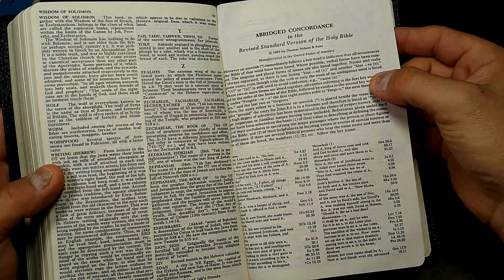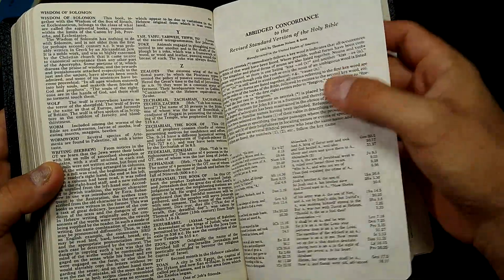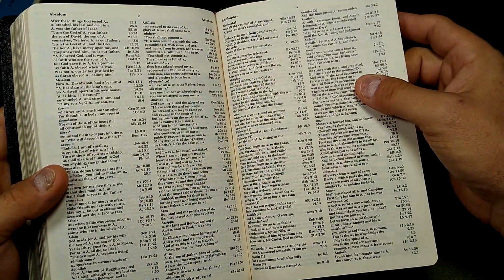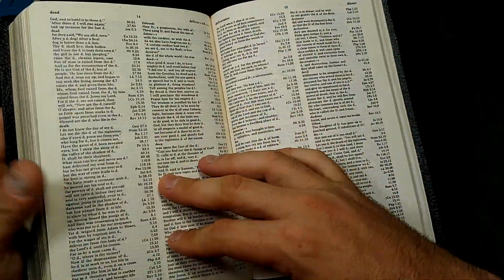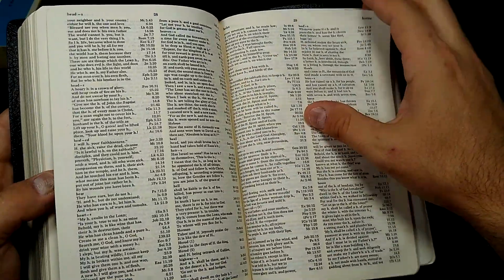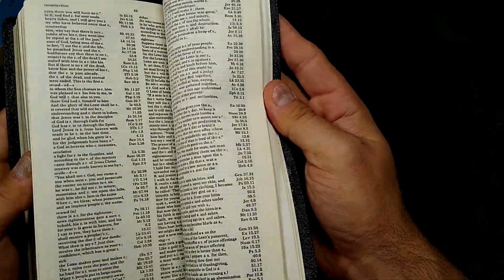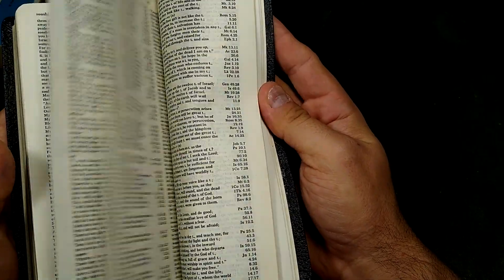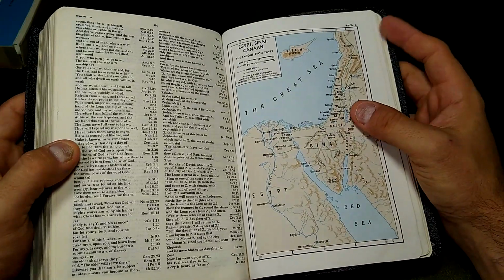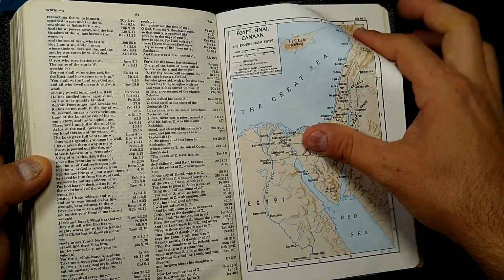An abridged concordance. 1965. I know the date keeps increasing. That's nice. Like I say, it's an abridged concordance, but it actually seems to be a pretty good size for a Bible you're just going to carry around. And keeping in mind, this being an older Bible, this is before you could just grab your phone and search things that way. And we got some color maps that,